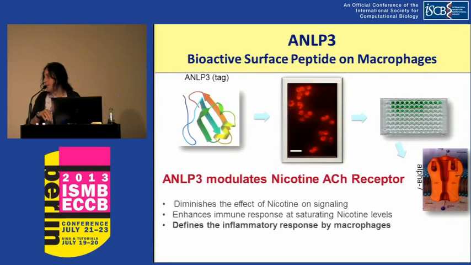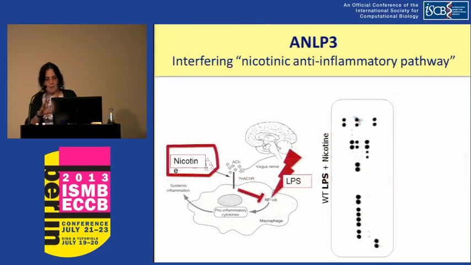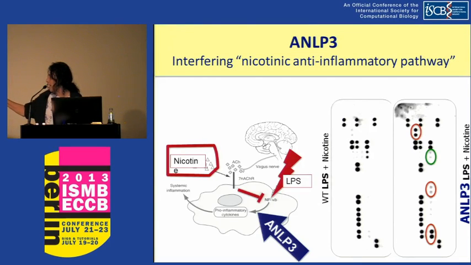Now, actually, it's defined the inflammatory response of those macrophages, and I'll go briefly just to show you that you see those dots. You don't have to understand too much, but just to know that this is a panel of cytokine that are released by the macrophage. If you do this and you put in the ANLP3, you can see that you get a new set of cytokine, namely that this addition of these very short peptides completely block the effect of nicotine. So before there was a nicotine block, it's gone, which is very nice modulatory function.